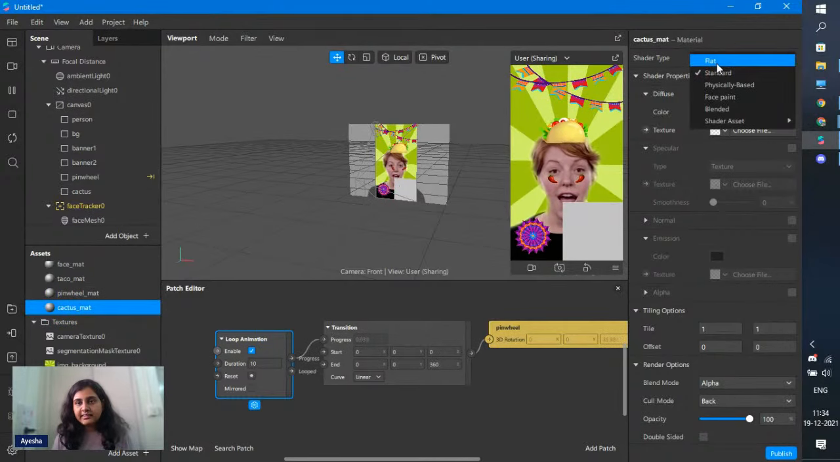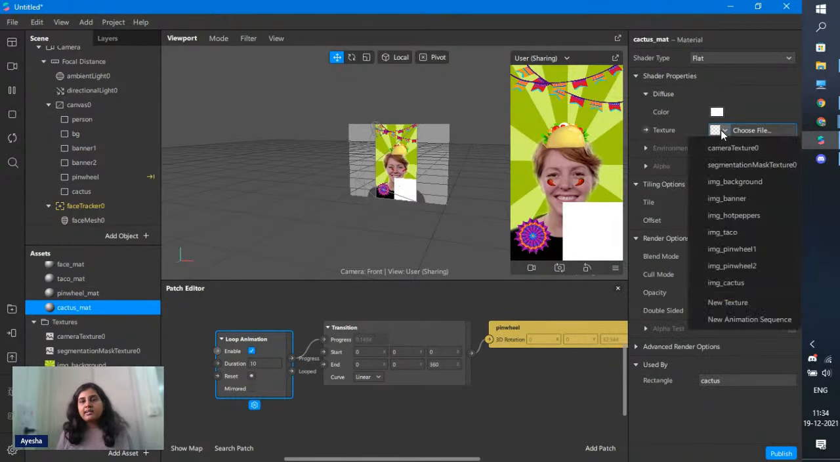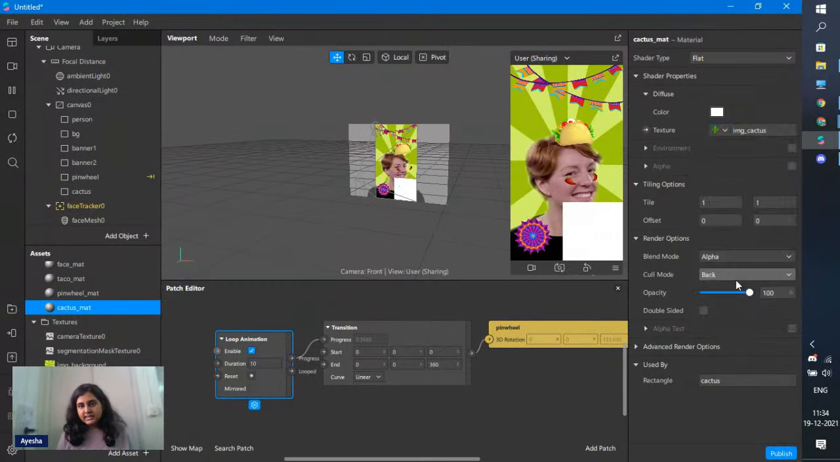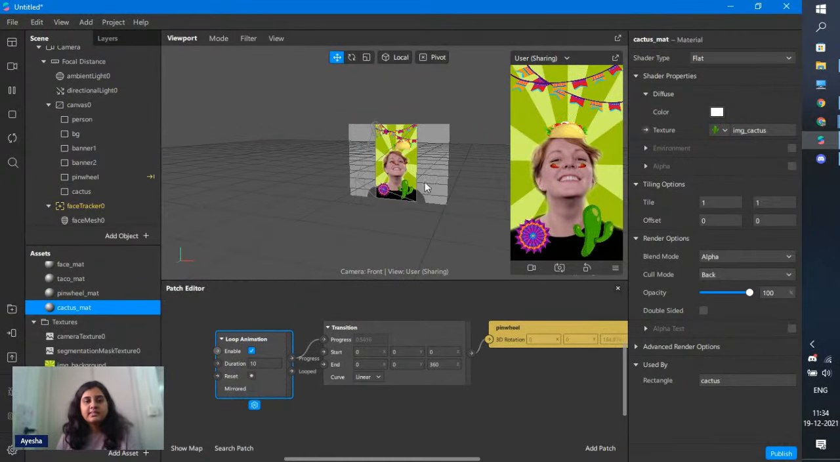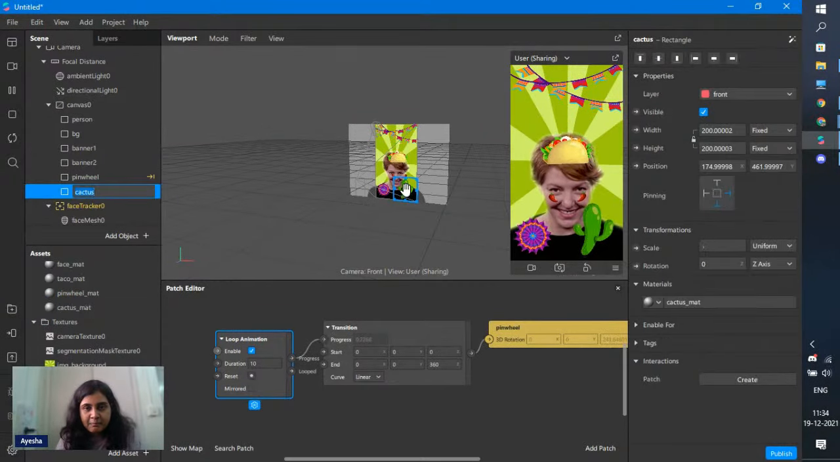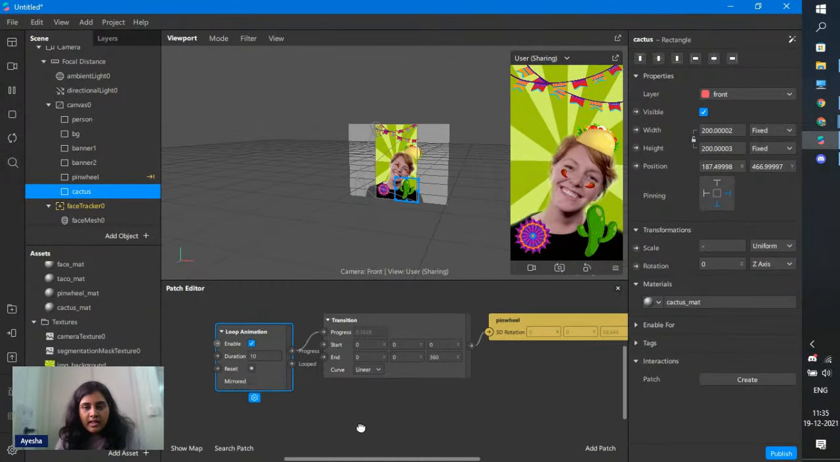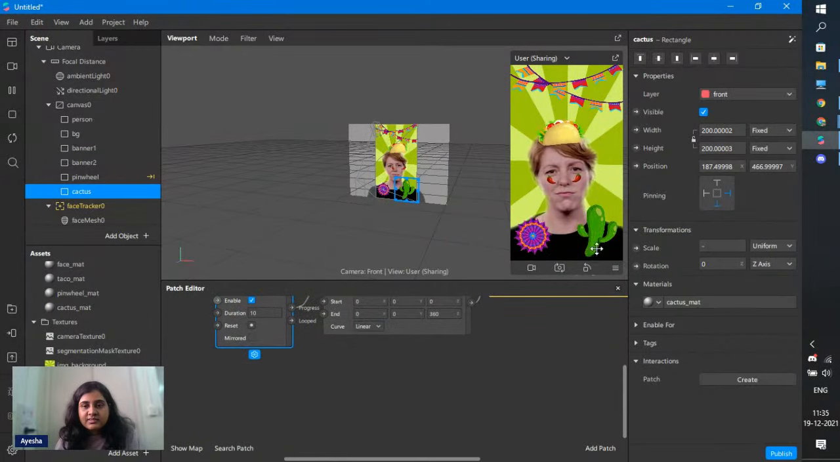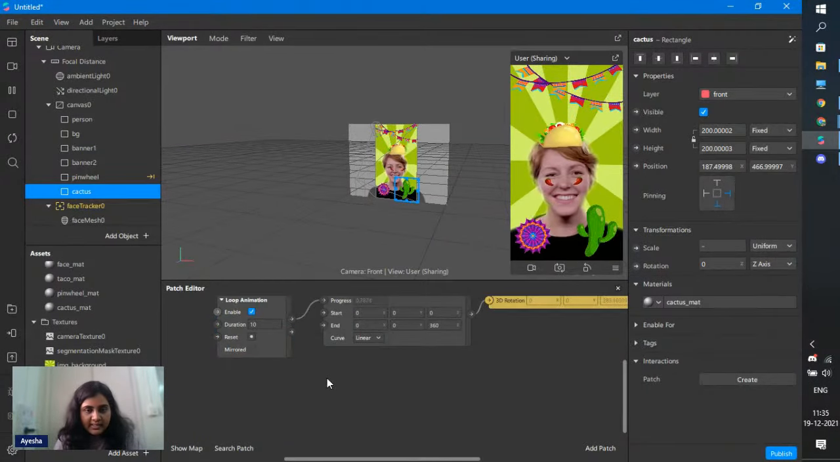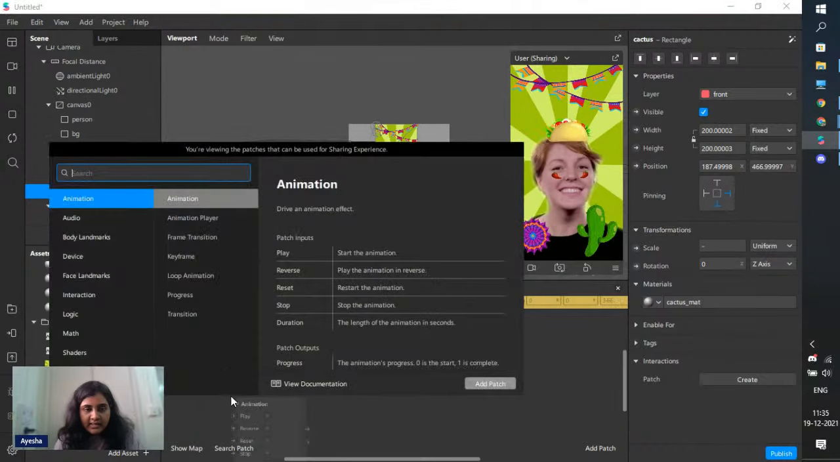Again, set the shader type to flat and the texture is the IMG cactus. So now you can see I have my cactus here. I'll just move it a little to the left. And I also want this cactus to float a little in the air. So again, I'll click on loop